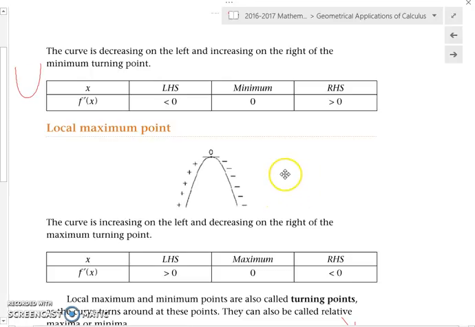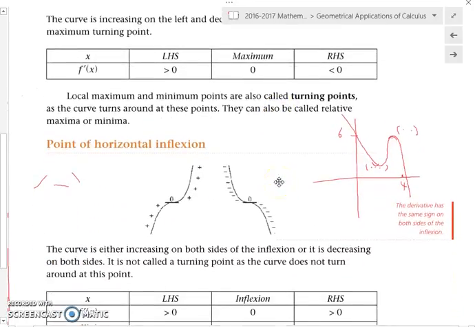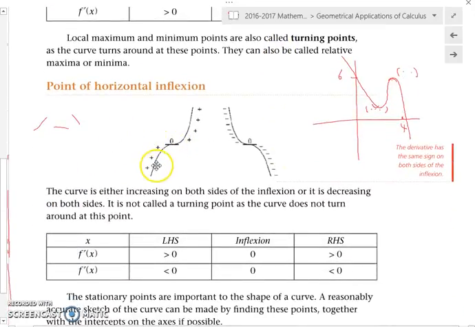Yeah? Yeah. So a point of horizontal inflection, because we've found where it equals 0. Okay? So at this point, at x, it equals 0. So we have to test to the left of it and to the right of it to find out what's happening. Is it increasing as it gets to that point and then decreasing, so we're talking about a maximum? Or is it decreasing and then increasing, so we're talking about a minimum? Or is it increasing